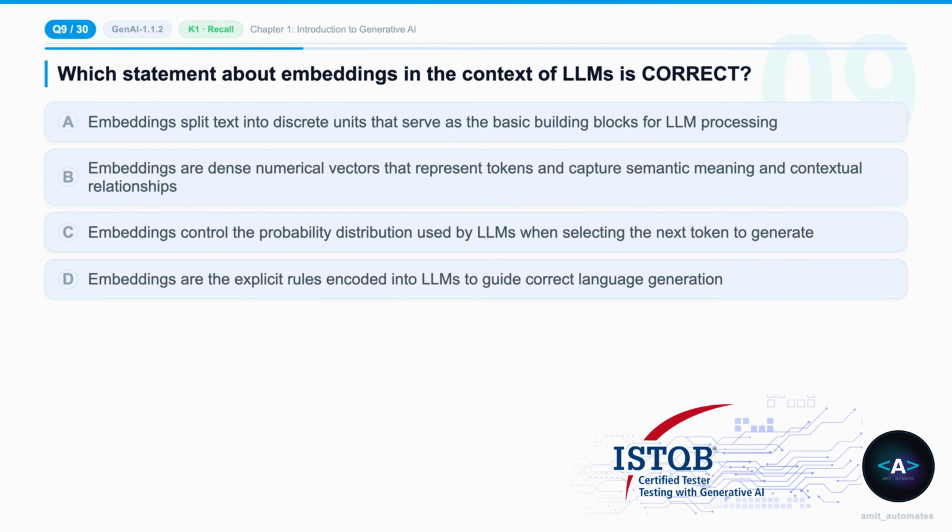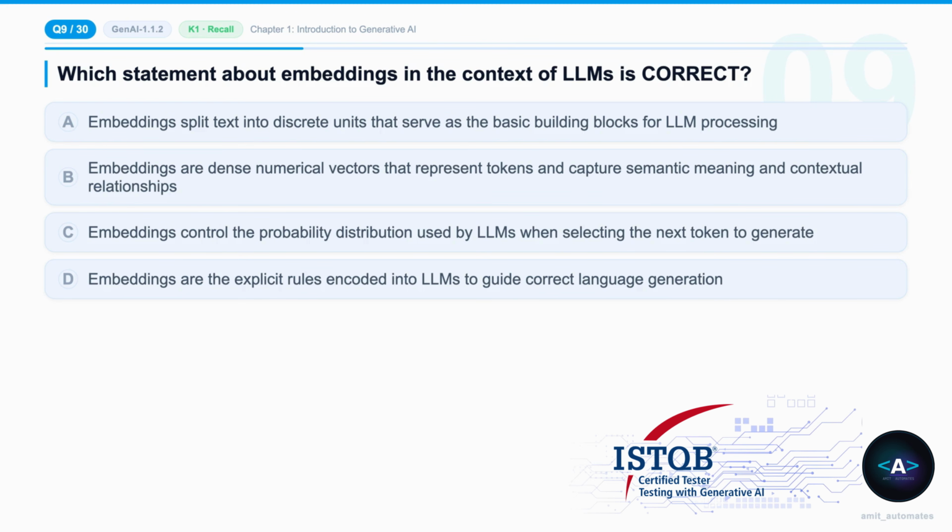Question 9. Learning Objective GenAI 1.1.2. Difficulty level K1. Which statement about embeddings in the context of LLMs is correct? Your options are A. Embeddings split text into discrete units that serve as the basic building blocks for LLM processing. B. Embeddings are dense numerical vectors